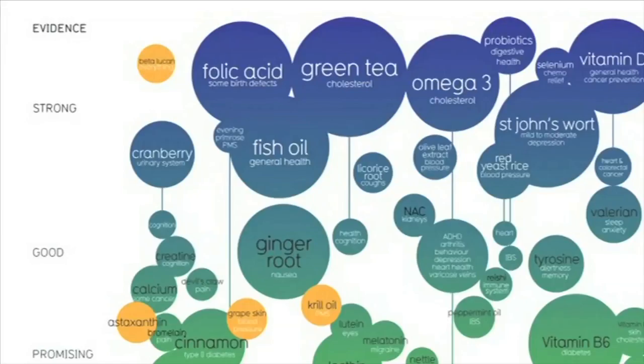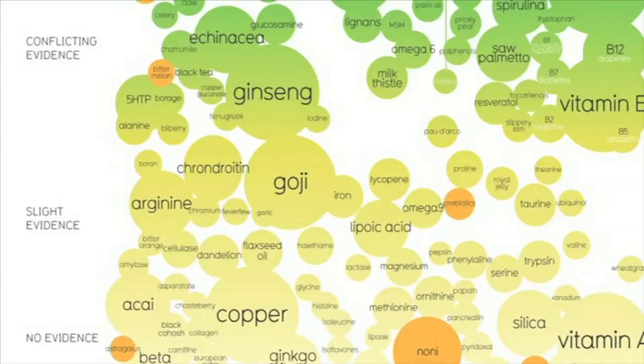But you can also, if you grade the evidence, do a worth it line. And so supplements above this line are worth investigating, but only for the conditions listed below. And then supplements below the line are perhaps not worth investigating. Now this image constitutes a huge amount of work. We scraped like 1,000 studies from PubMed, the biomedical database, and we compiled them and graded them all.